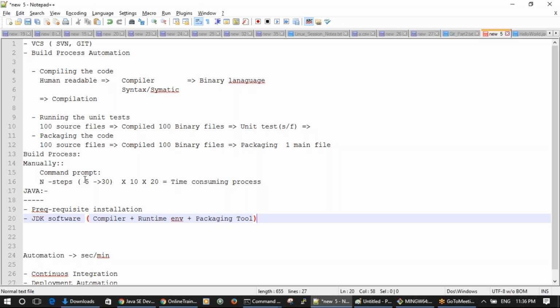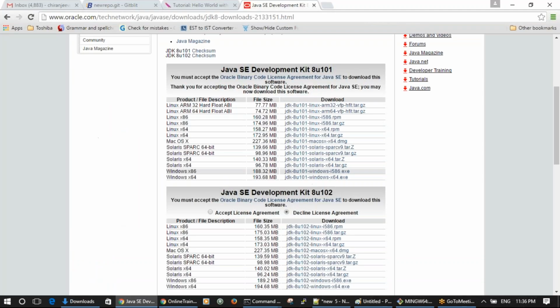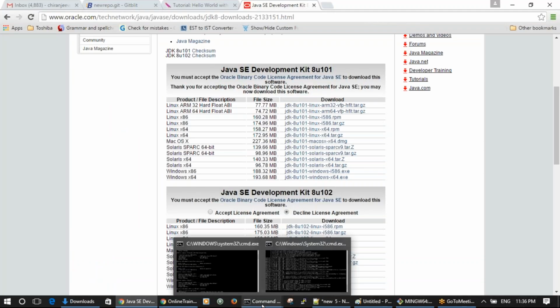How do you do that without your operating system supporting it? So the JDK software will install all these tools so that you can perform your code compilation, code packaging, code running, all of them. Make sure you install it. I have already installed it on my machine. I don't want to show the typical